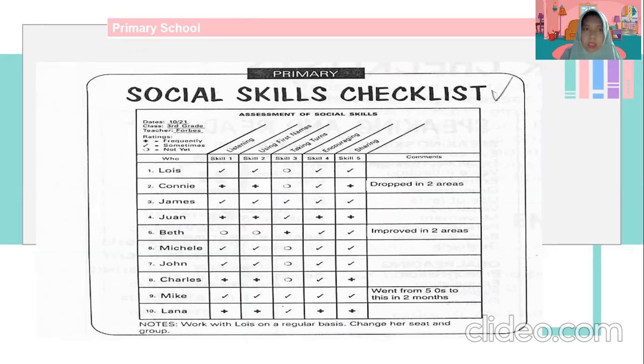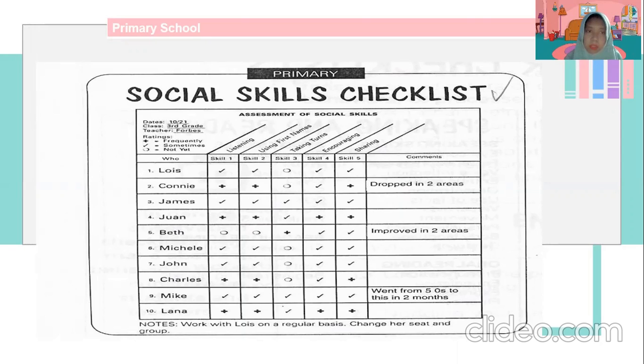The date when Mr. Forbes did the observation checklist is 21st October, and he wants to assess his students' social skills, which include listening, using first name, turn taking, encouraging, and sharing.